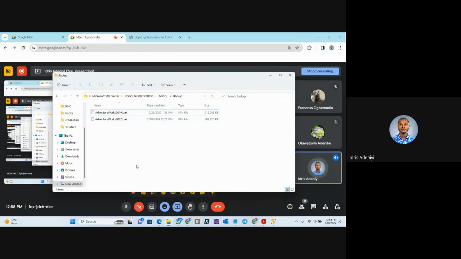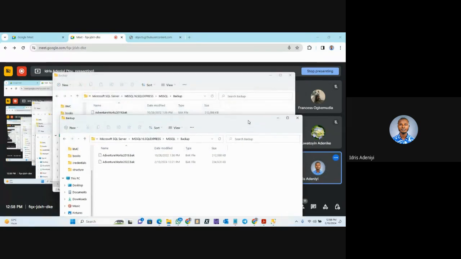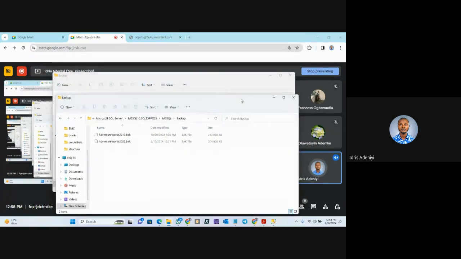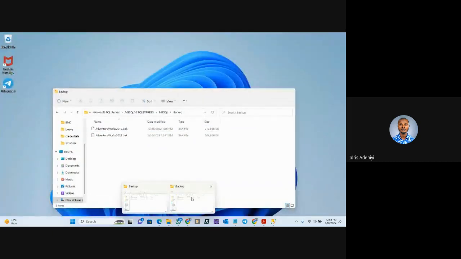So just press, you can click on any area here, and then press Control N on your keyboard. That should create another file explorer for you. So after that, now in the new file explorer that it created for you,